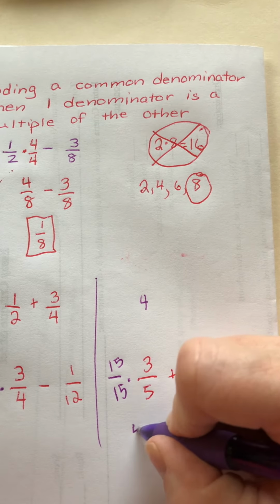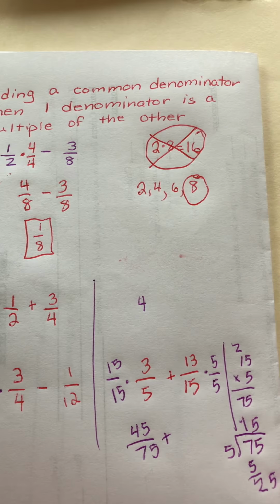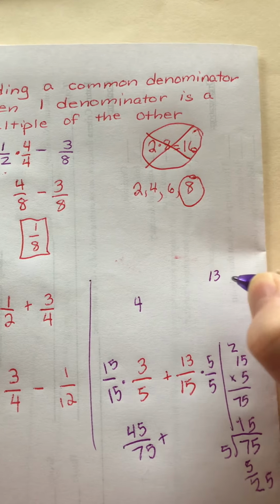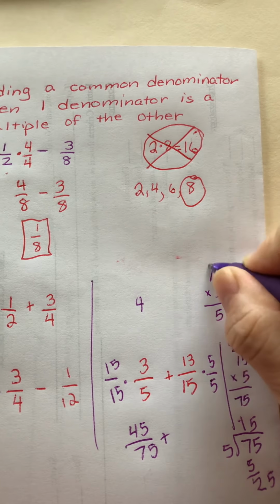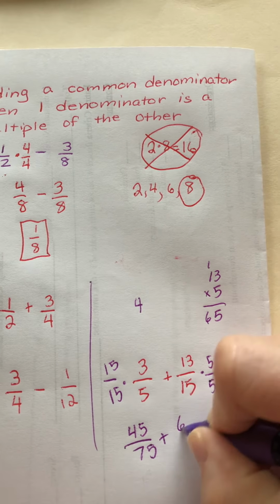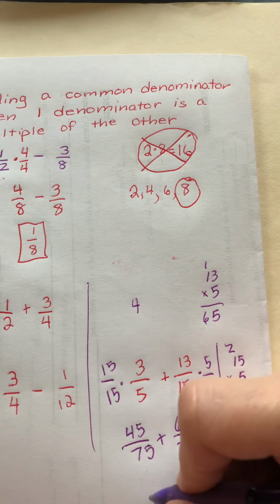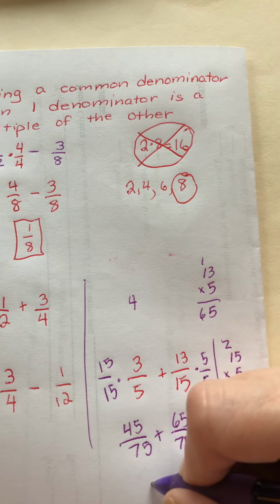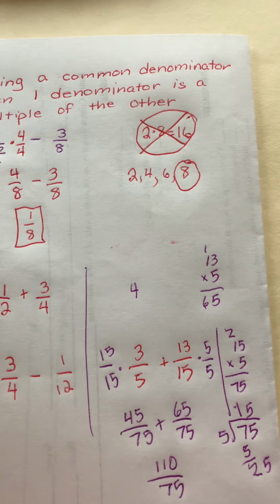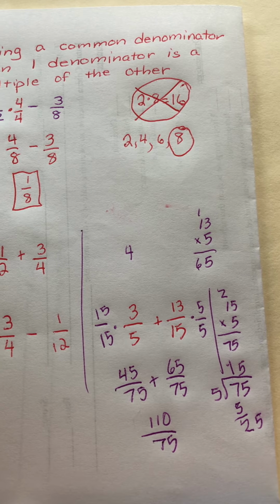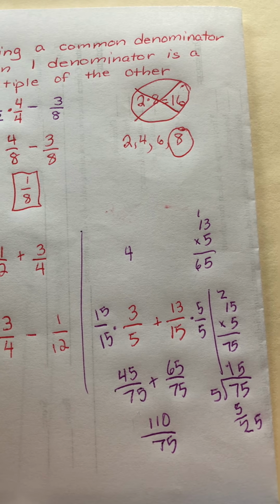Now I'm going to get 45 over 75 plus, oops, I've got to multiply 13 times 5. And that's going to give me 65 over 75. Well, now I have to add 45 and 65, and that will be 110 over 75. Then I have to simplify that. And once I simplify it and make it into an improper fraction, I'm still going to have to simplify